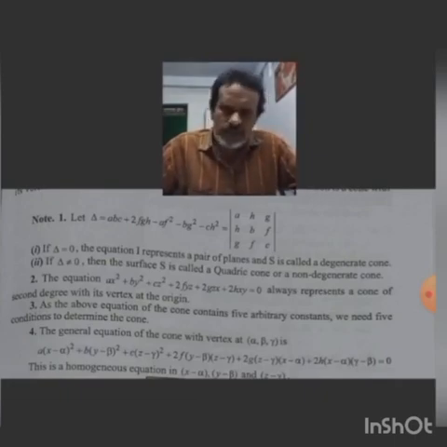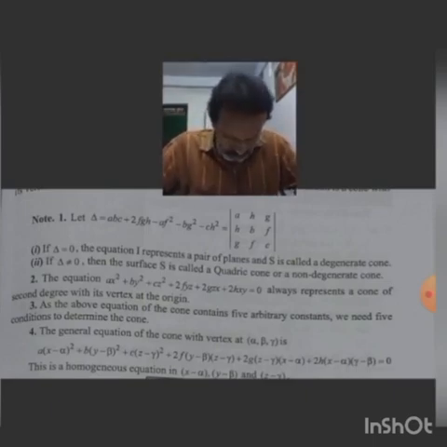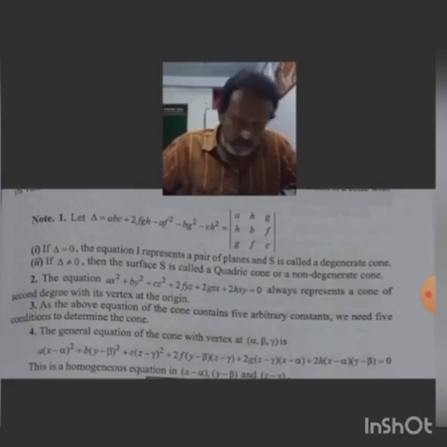Suppose the vertex is alpha, beta, gamma, then the general form of the cone is a into (x minus alpha) whole square plus b into (y minus beta) whole square plus c into (z minus gamma) whole square plus 2f into (y minus beta)(z minus gamma) plus 2g into (z minus gamma)(x minus alpha) plus 2h into (x minus alpha)(y minus beta) is equal to 0. Suppose